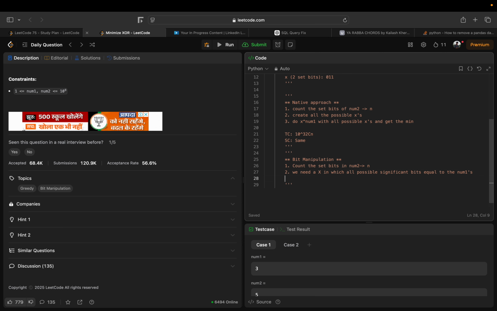Now to do this, we have to write some rules. So how to do this? First, the set bits in num2, which is equal to n. Now iterate through num1's bits, and